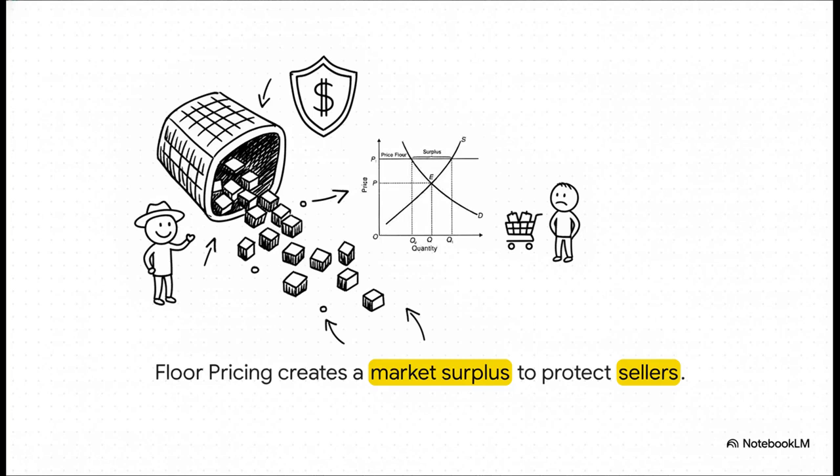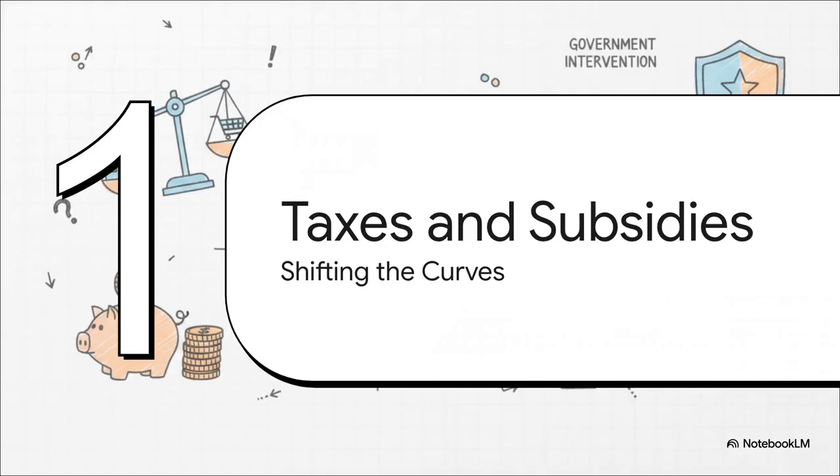This is a legally mandated minimum price that sits above the natural equilibrium, guaranteeing a minimum return for the producers. The catch here is just simple math. Setting the price artificially high restricts how much consumers want to buy, while producers are suddenly eager to supply way more. So you inevitably end up creating a massive surplus of goods that the market just won't naturally absorb. Let's roll into part four to see how this expands.